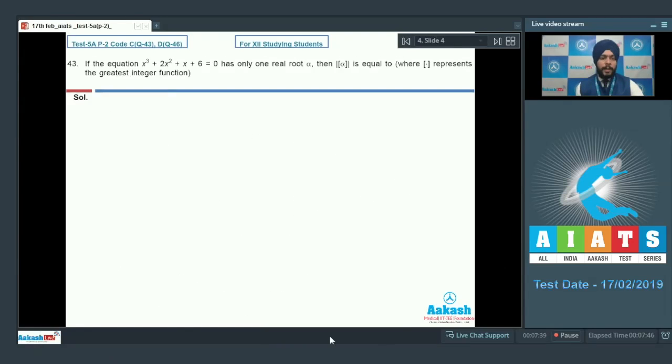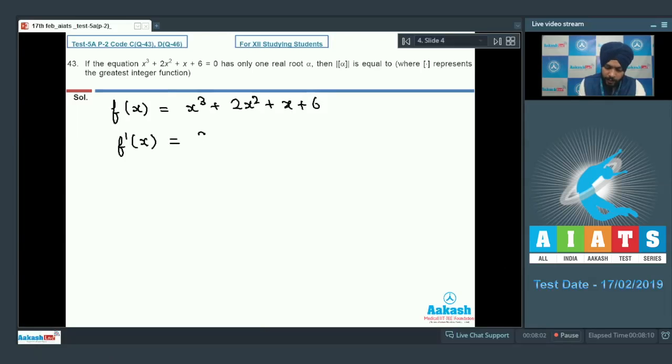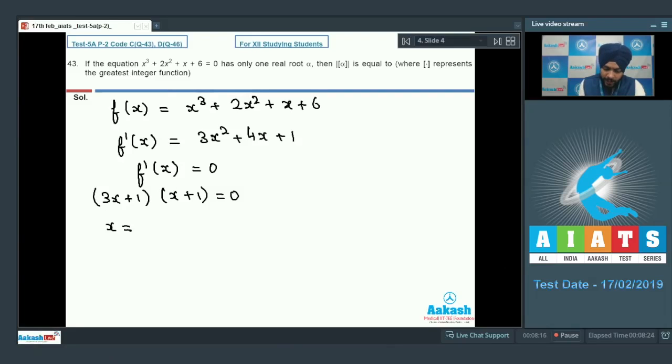Question number 43 says that if the equation x cube plus 2x square plus x plus 6 equals 0 has only one real root alpha, then what is the value of modulus of greatest integer value of alpha? Okay. So students, we have an equation. Let us analyze it through function f(x), that is x cube plus 2x square plus x plus 6. So let us consider f dash x. There will be 3x square plus 4x plus 1. If f dash x is put equal to 0, we have (3x plus 1) into (x plus 1) equals 0. That means x equals minus 1 and x equals minus 1 by 3 are 2 points of